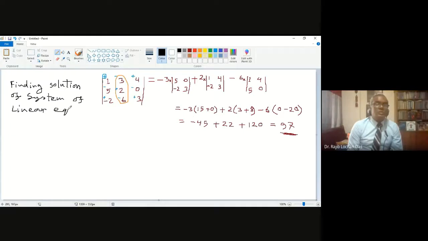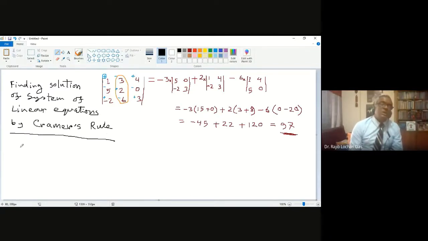You can solve a system of linear equations in many different ways. One way is Cramer's rule. The other two ways you already know, that is the elimination rule and the substitution rule, and today we will talk about